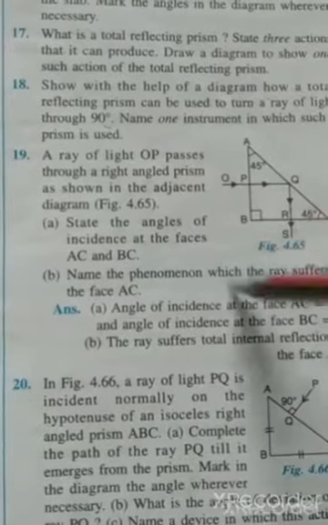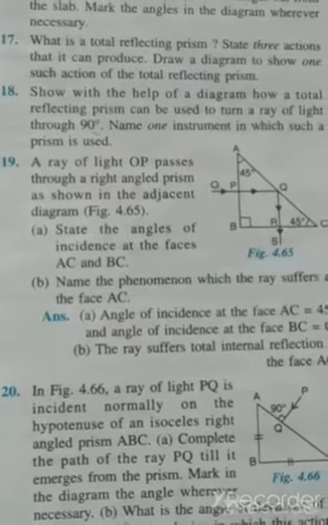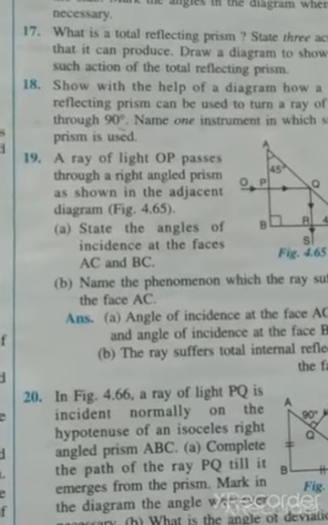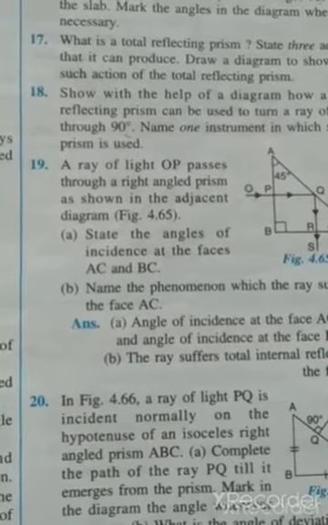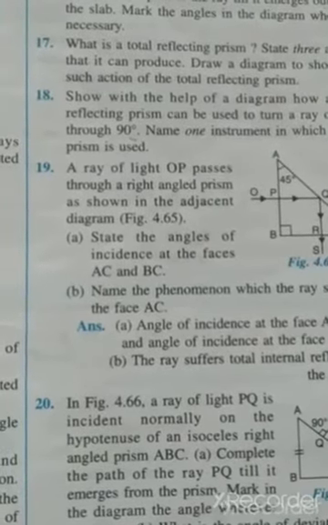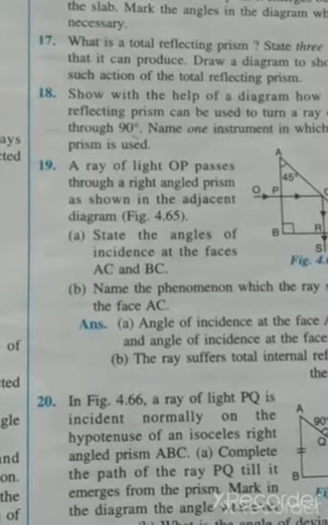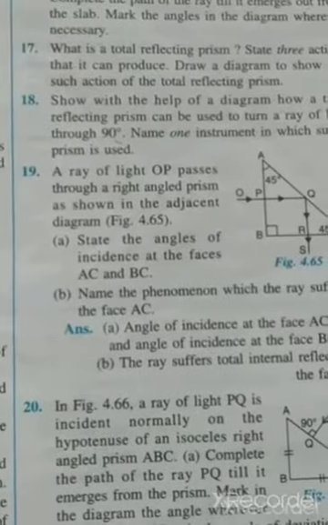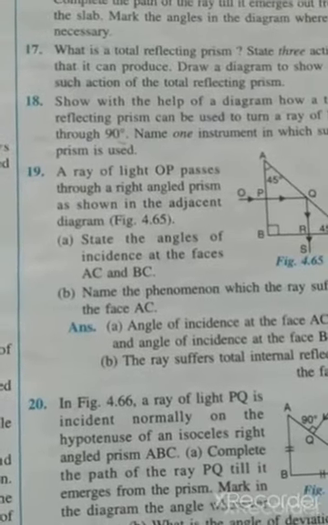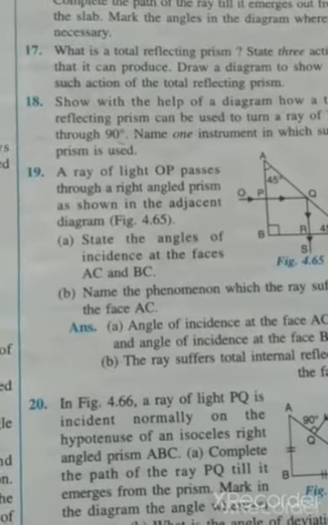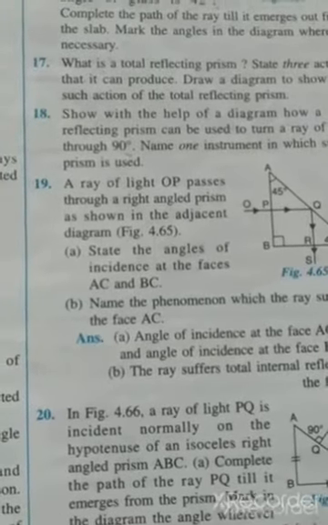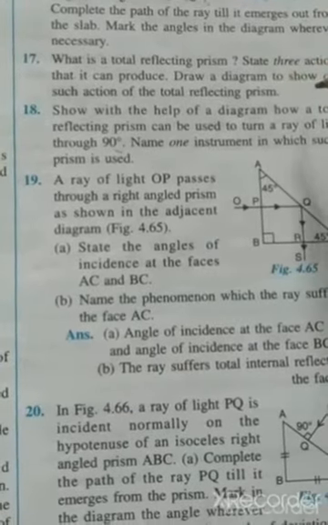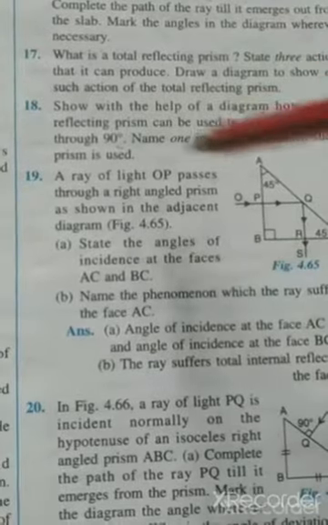So you all know that this is the diagram, and the instrument in which such a prism is used. If you have watched the video, in that I have shown the periscope. The periscope is made up of mirrors also, and the periscope is used in submarines and in the armies also. It is made up of prism. I have shown both the figures in the lecture, so you can go through that lecture to see the prism and its action. Here you have only to write the instrument name. So the instrument is the periscope and the diagram is this one.